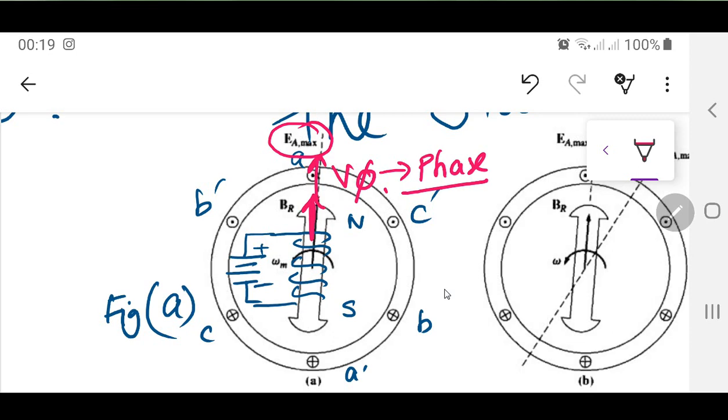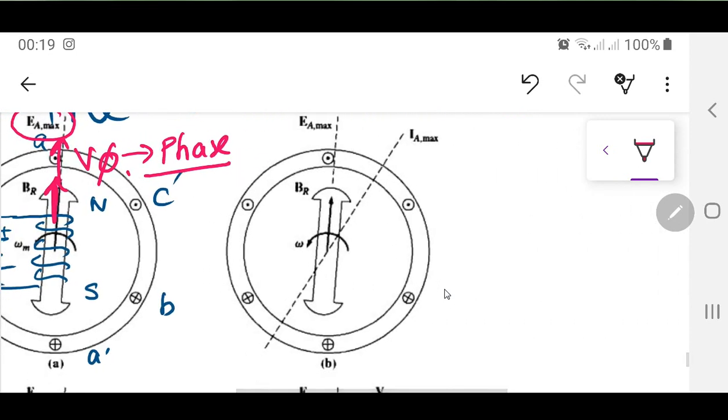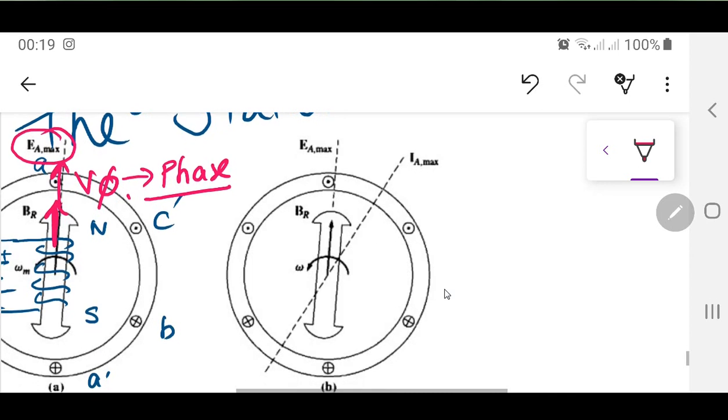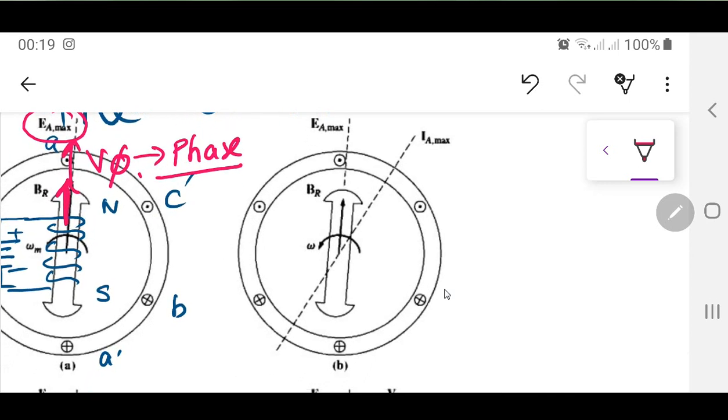But now when you are going to connect a load over there, and again this load is going to be attached. Now normally 90% of loads in daily life are lagging. So what will happen, I still don't know where will be V phase, but what will happen over here,